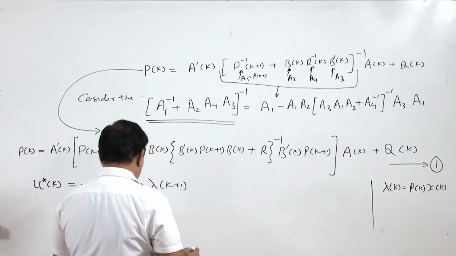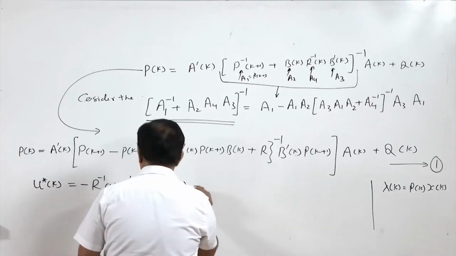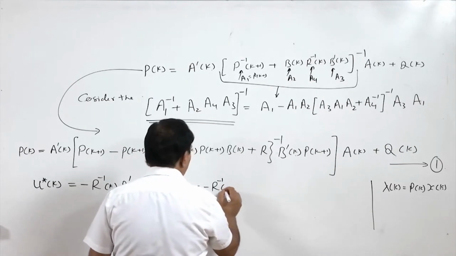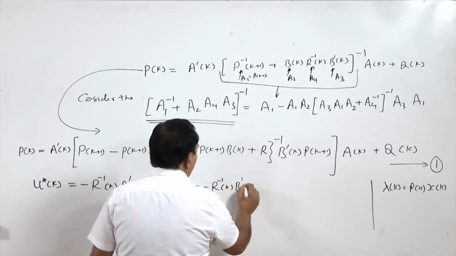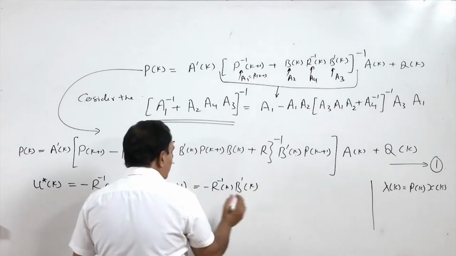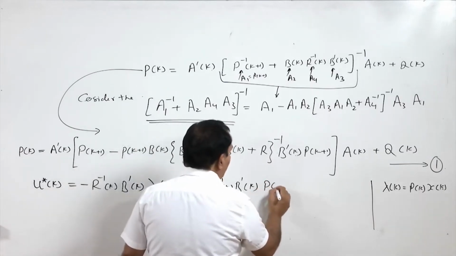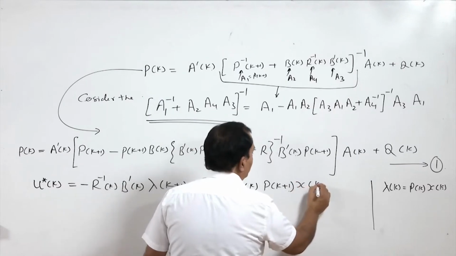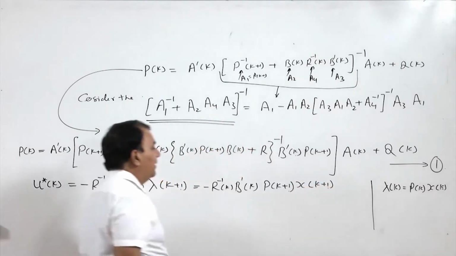So, for this I can write minus R inverse B prime, and in place of λ(k+1) I will have P(k+1) x(k+1),